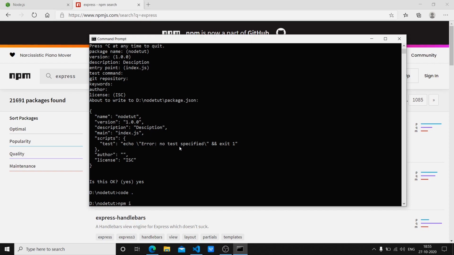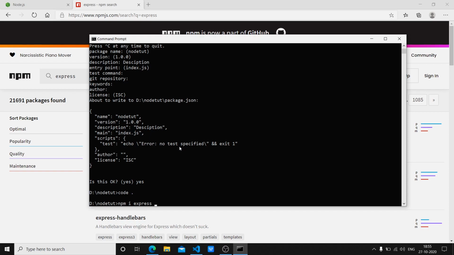Then here you have to put your package name. Let's say I want to install Express, so I say express. The next thing is the -g global flag. What -g does is that it will install the Express package globally. So the next time when I create any other project, and I want to use Express in that, Node will just get it from my system cache.